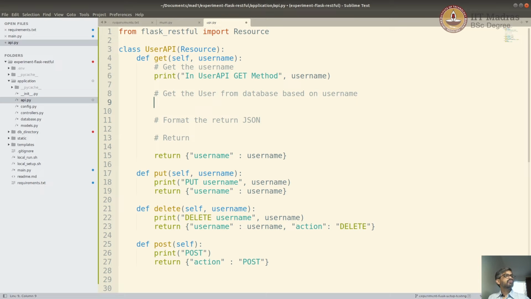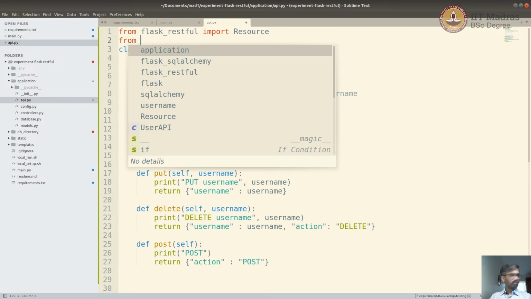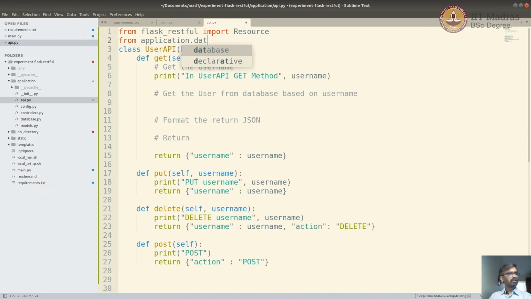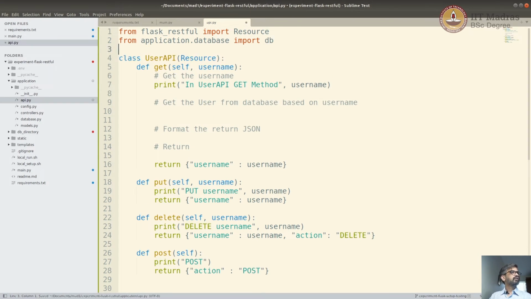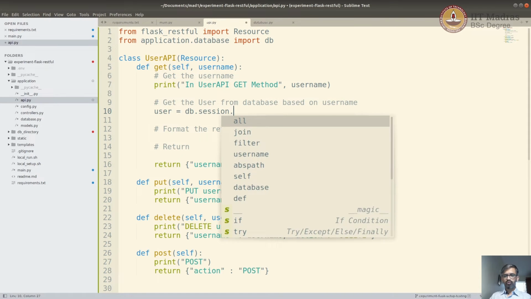Now the next step is to get the user from the database based on the username. We've done this before. We need to just import the DB and run db.session.filter. So let's do that using SQLAlchemy. From application.database import db, right? So now we have application.database, and we are importing this db. Now we can do user equal to db.session.query